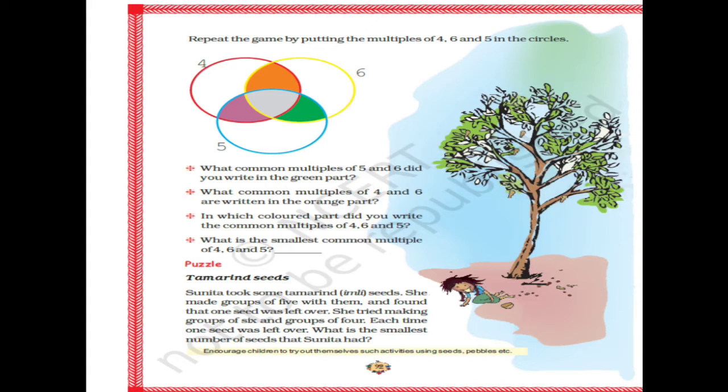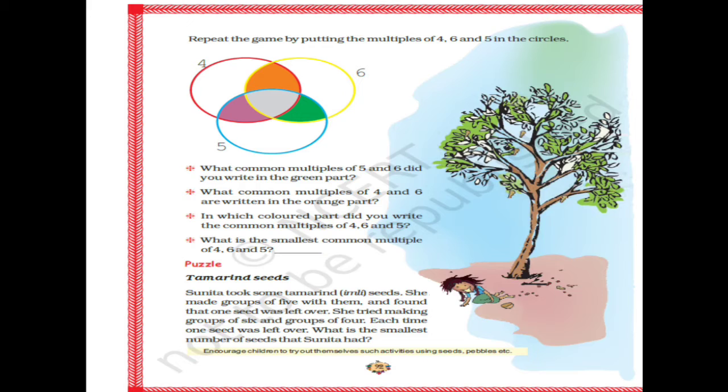Now in this, what we have to do, we have to find the LCM. The full form of LCM is least common multiple. Till now we were finding the multiples. After that we understood what is common multiple, and now we are going to see what is least common multiple. Least common multiple means if we consider the common multiples among all those, which is the smallest one.